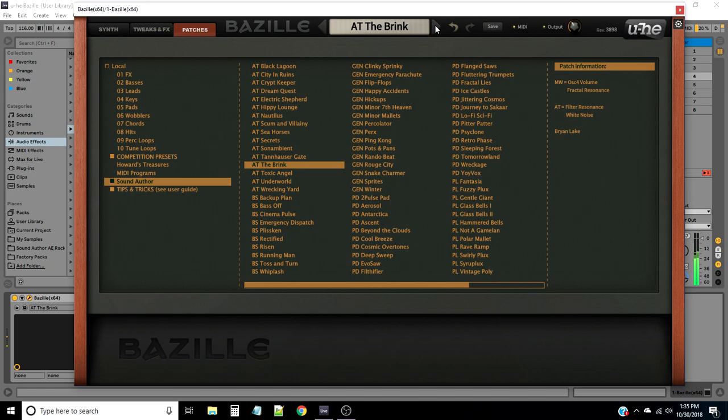Aftertouch. Okay. This one is grouchy, but